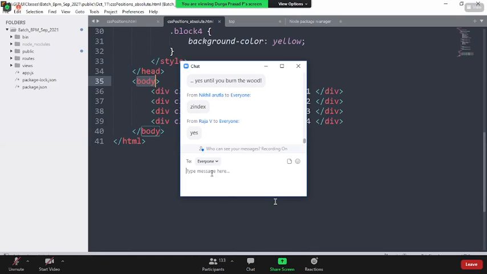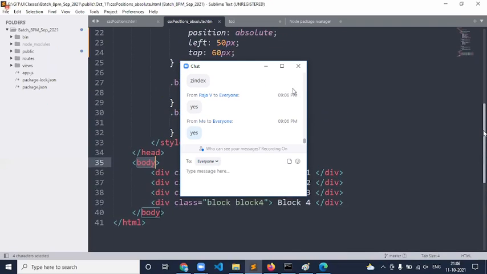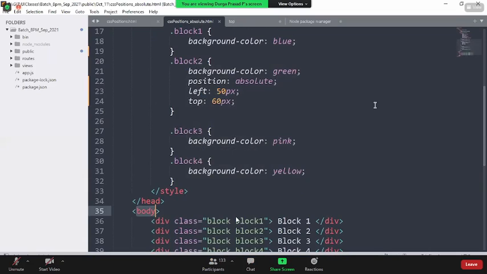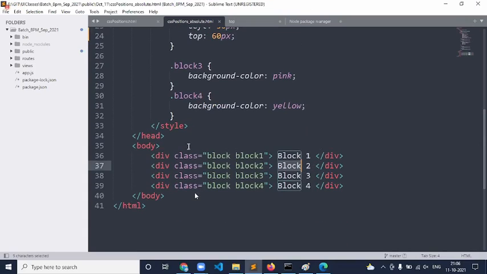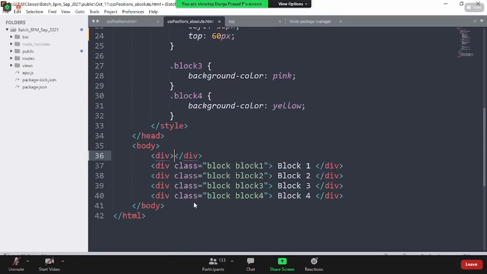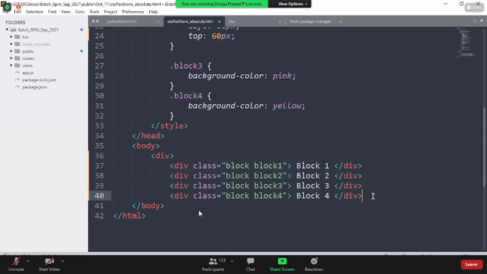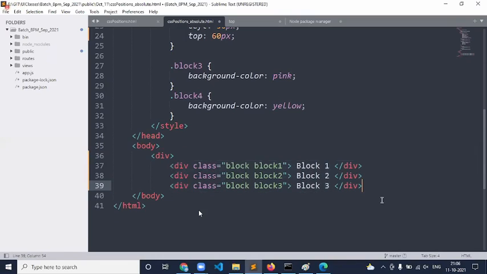Now my requirement is, when I set block 2 as position absolute, I will check for my parent. Assume I'm creating a parent element. For now, I'm removing block 4.